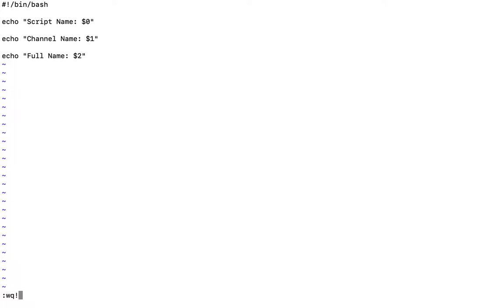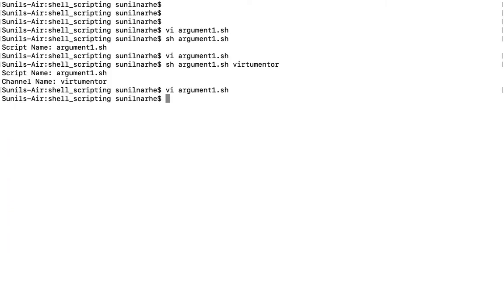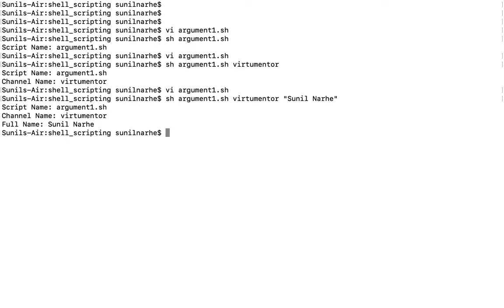Passing such values is not a big challenge, we just put double quotes around that value. So that Sunil Nare with the space is one value, which is the $2 value. So let's see here. Yes. So we can also pass a string, or even one bigger sentence as well. We just have to put that value into double quotes.